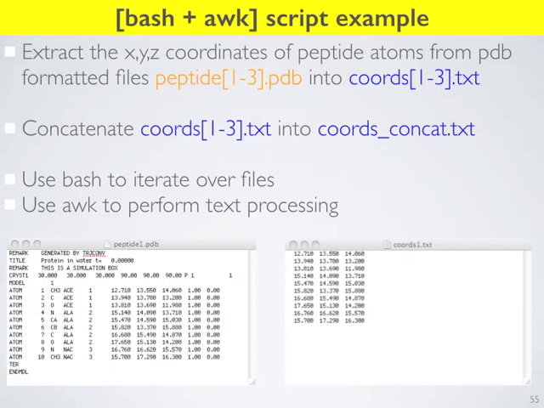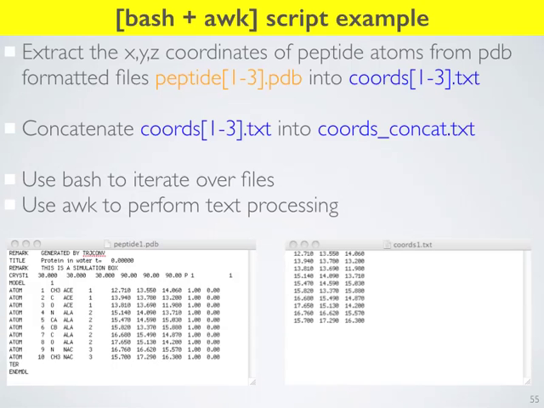Okay, so let me illustrate this by an example. I realize this is all very abstract now. This is going to be the most complex example that we do, so I recommend you take some time to take a look at it at home. But this is the setup. So imagine that we have a PDB file. So if you do any biophysical simulations, you'll recognize this is a protein data bank file. So it holds the coordinates and some information about a protein. That's not particularly important for our purposes.